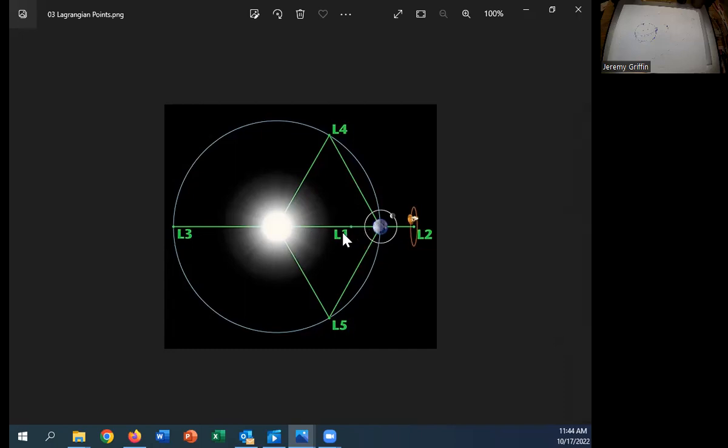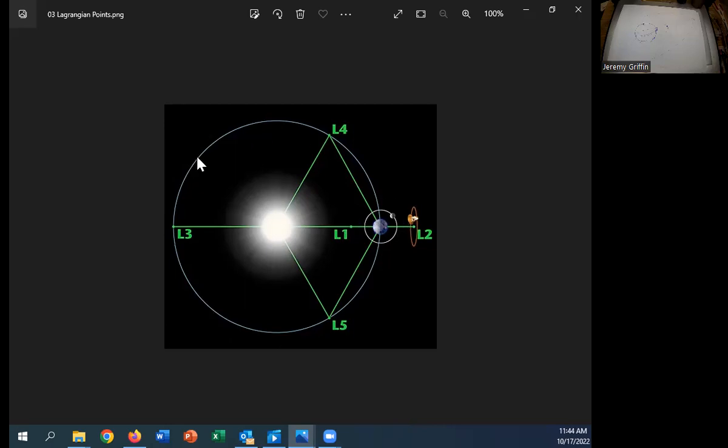Now, I don't think that point's very stable. It's kind of like trying to park a baseball on top of a mountain. It's going to roll off one way or the other. But it does cancel out. Now, is that geometrically halfway between? If you were geometrically halfway between the Sun and the Earth, you would obviously fall towards the Sun, because the Sun's way more massive. But there's some point that's closer to the Earth. You guys get that, right? Now, in a static solar system, that would be the only point where things could possibly cancel out.